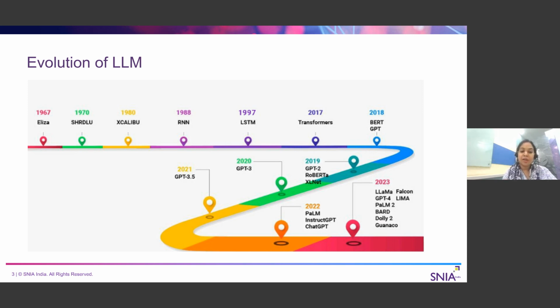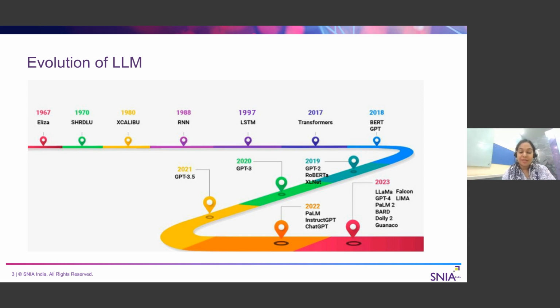Then came, as I said, because the recurrent neural network had the issue of retaining the context of long sentences, that gave the foundation for long short-term memory, or LSTM. Whatever the limitation of RNN was, that was the advantage of LSTM. It could keep track of long sentences, understand the context, and memorize the info. RNN was famous, but LSTM could cover a lot of limitations that RNN couldn't.